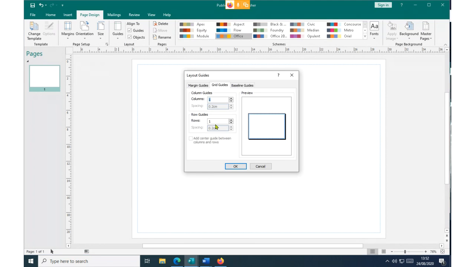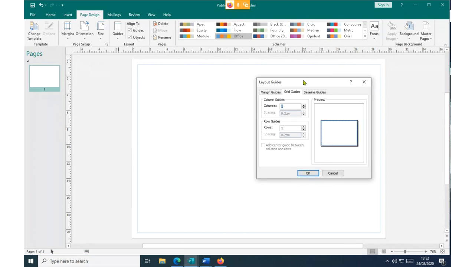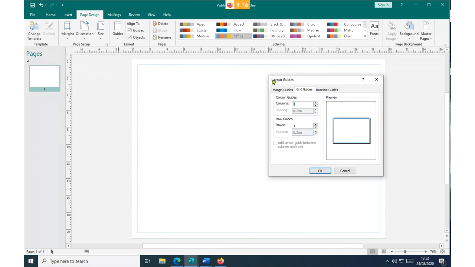Then once you click here, you'll be presented with a window we normally call layout guides. The layout guides can do the following. One, it can give you a chance to change the margins. Like you see, initially we have already changed them to 0.64. You can see all of them have been changed. You can as well change them from this particular location.